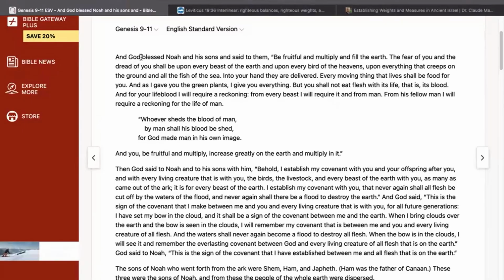All right, Genesis chapter 9 through 11. Now, before I get started, one thing I do want to say: as we get into this reading, there is a very long genealogy in this reading, and there are a lot of names that I'm probably going to slip up on because, one, like I said, I don't read Hebrew, but also, two, a lot of these names are foreign to us.